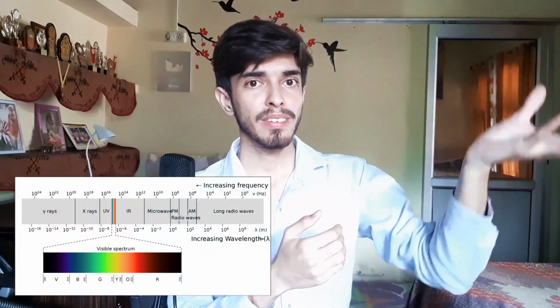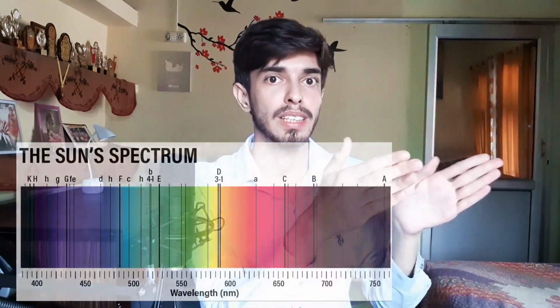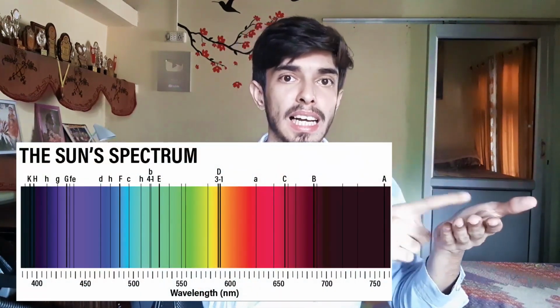Okay, now second thing, you need to understand what a spectrum is. In astronomy, whenever we are looking at something and we want to extract some information about it, we look at its spectrum. It is like the fingerprint of that body. We simply take the light coming from it and separate it into different wavelengths and see which wavelength is high, which wavelength is low, where the peak occurs, and understand a lot about it.